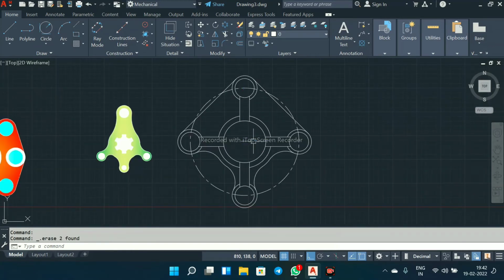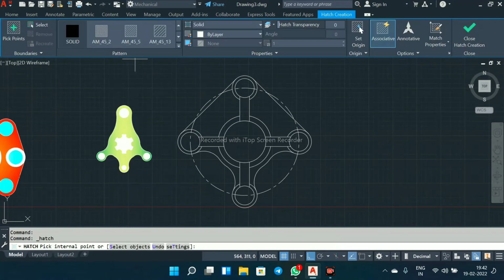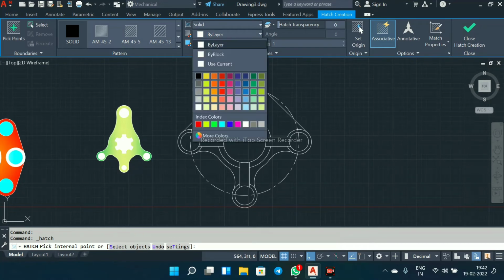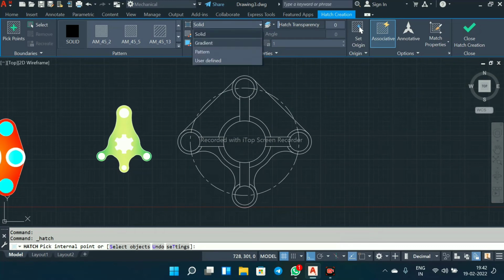Only we have to do some rendering like color, adding colors and dimensions. So for that I will select here hatch command. Select here hatch color. Go to gradient.